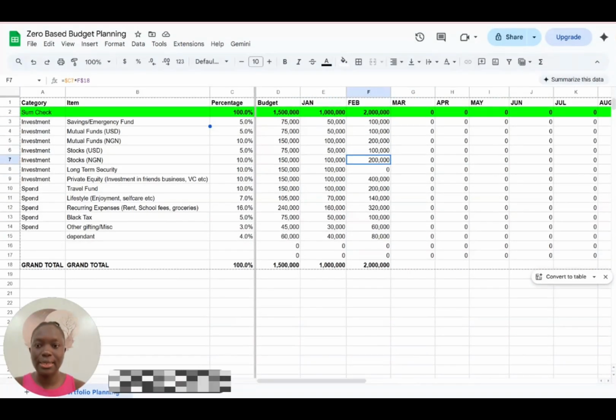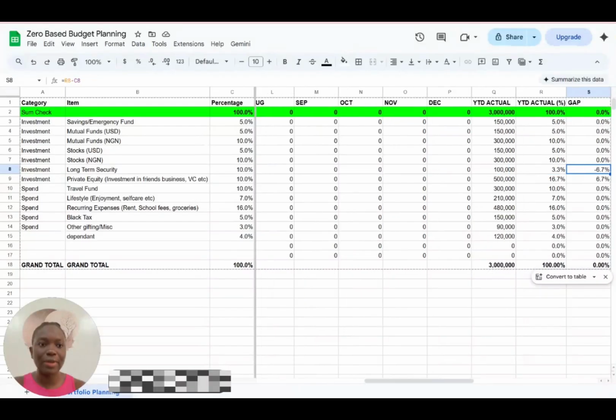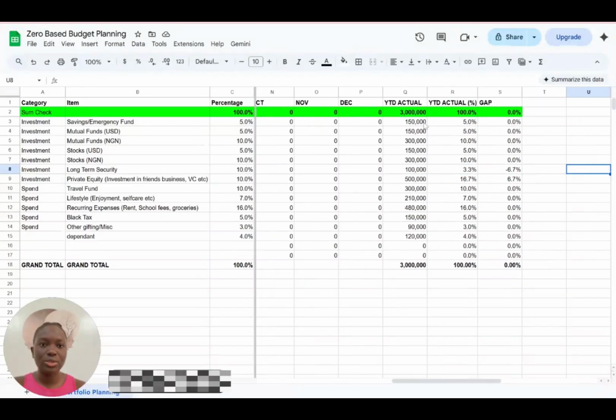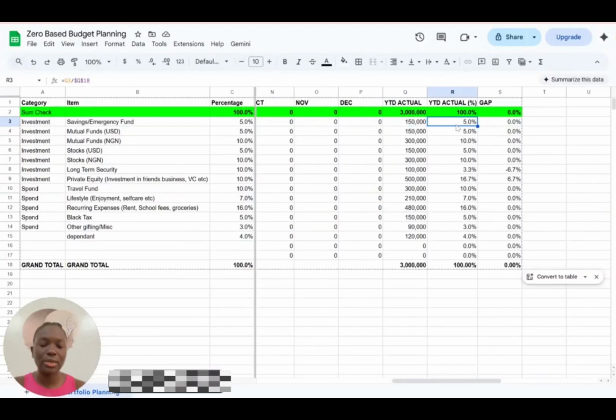So, as I was saying, in February you reallocated because you saw a good deal for a private equity investment. Even though you were supposed to do 200 here and 200 here, you reallocated all of it into 400. So now your private equity for February is 0. The way that you would keep track of that is this year to date guide that I have added here, right? So now year to date, you're checking if your percentages are still as they should be.